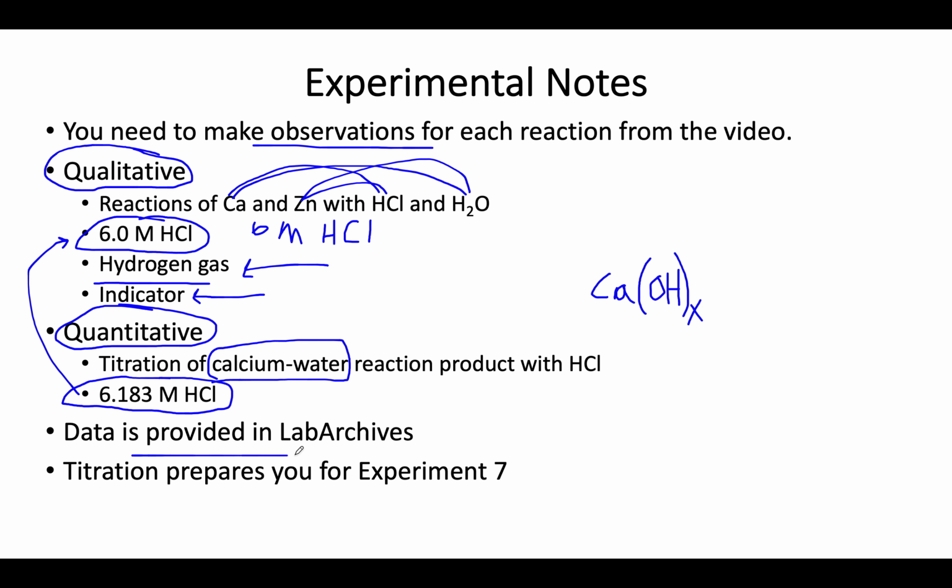So you're given the data in lab archives. So use that data as you complete it. Imagine that you completed it in our lab. This is previous student data, so this is good data that has come from our labs. And as I mentioned, experiment 7 is the big one, and these titration calculations, this titration concept, prepares you for